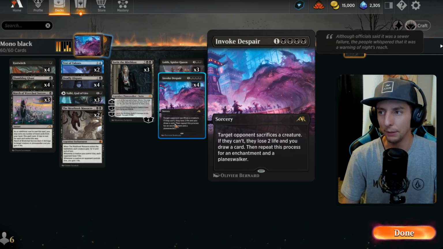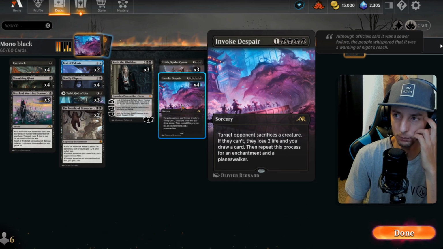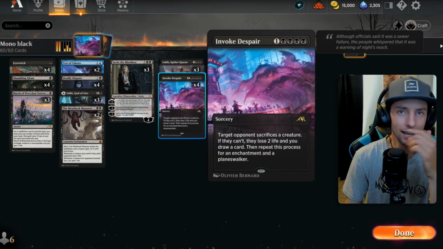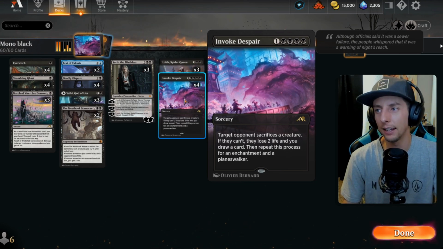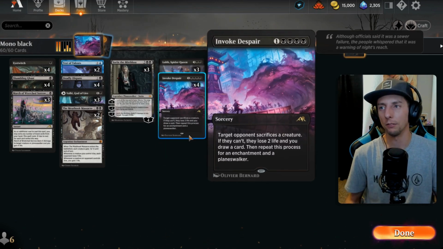And this is what got me actually thinking about the fact that I wanted to change up Mono Black, because the mirror matchup is so hard to play against. But if we just add that one little element, that one counter spell to take out that Invoke Despair, things like Test of Talents, this could really mix up the game here for us and really make it a lot